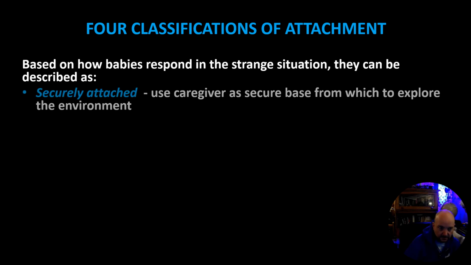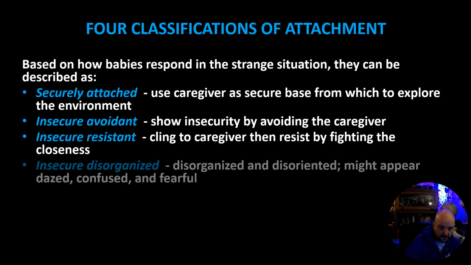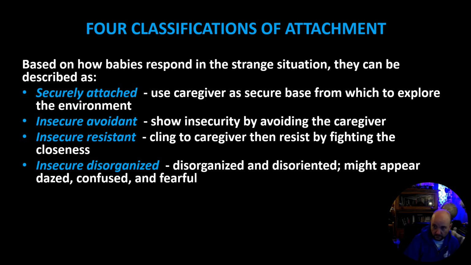So now when you think of classifications, what's a classification? You could basically say there are some relationships between mom and baby that would score like this, some that would score like this, some like this, and each of those is a different classification. Some of the classifications are going to be securely attached, and this is where I want to get back to that same point: secure attachment means at its most basic that the mom is a secure base,